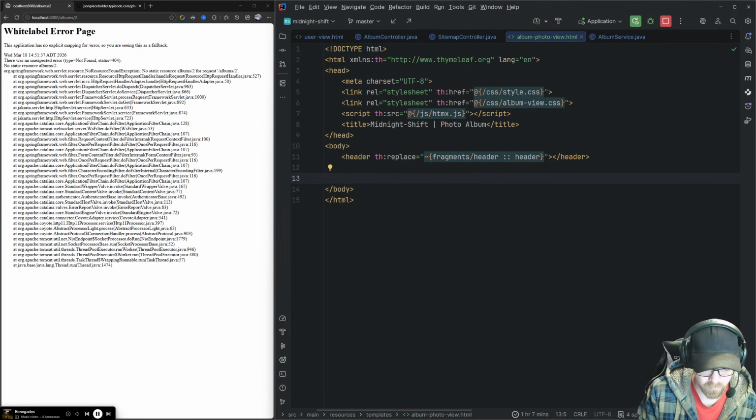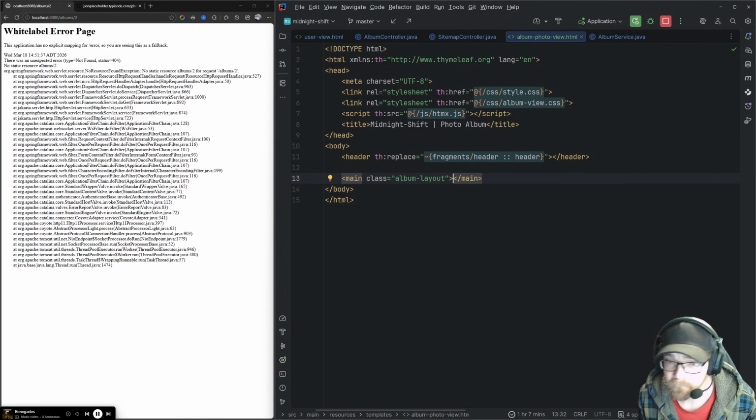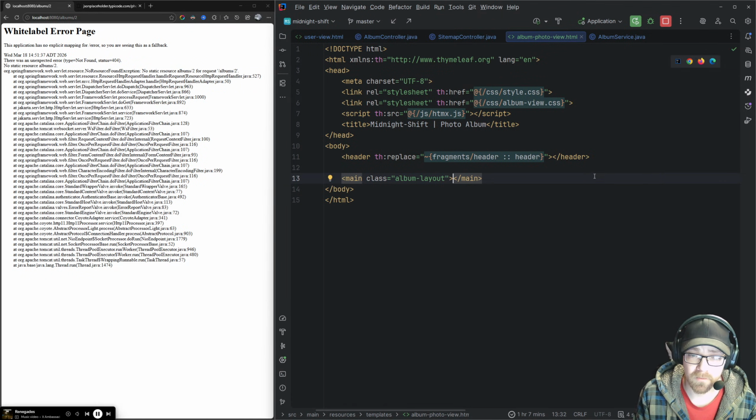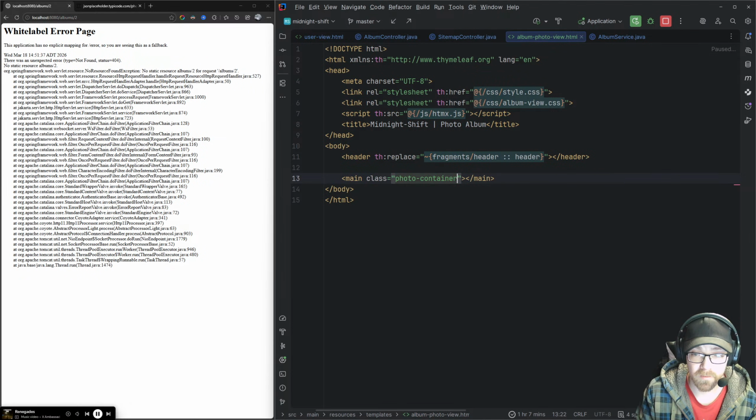But we're going to come in here and we're going to make a main class for, not album layout, this was photo container. Thank you very much.